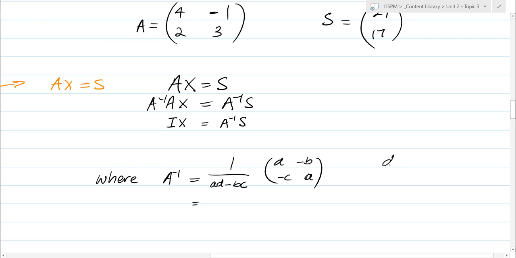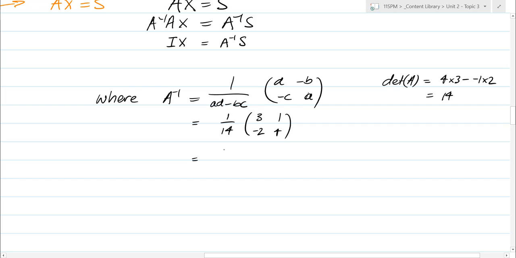So the determinant of A, I might just work out on the side here, is equal to 4 times 3 minus negative 1 times 2, which is 14. So I get 1 over 14 times D, which is 3, negative B is 1, negative C is negative 2, and that's 4. And so my inverse is 3 over 14 times, in fact,